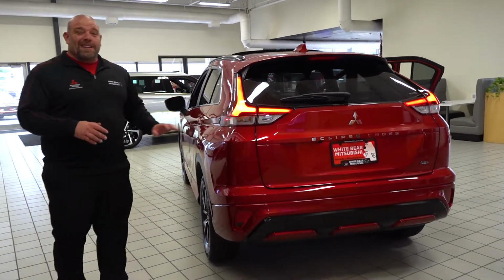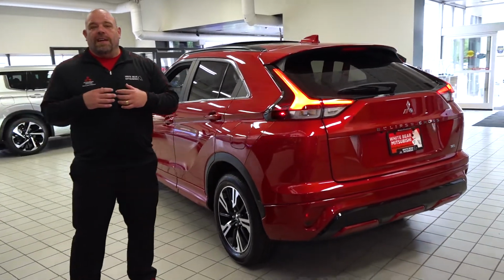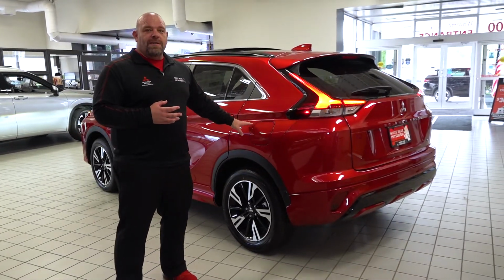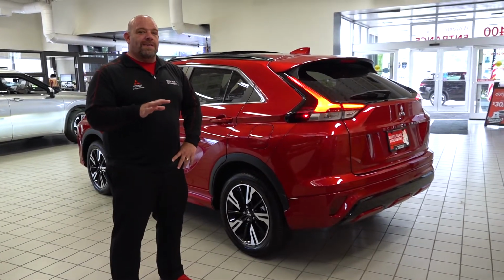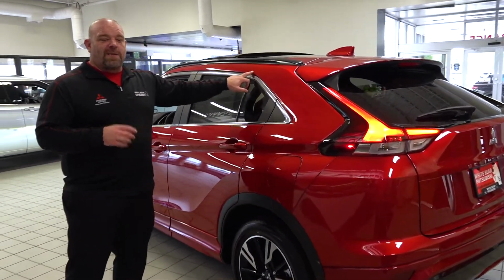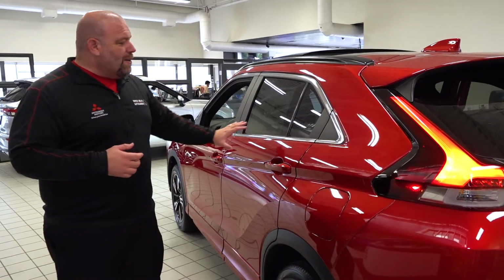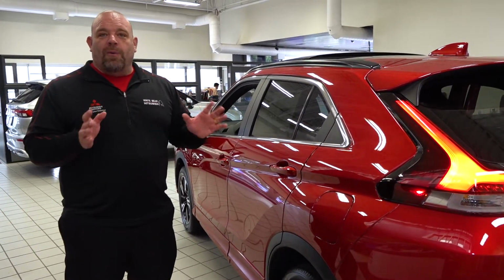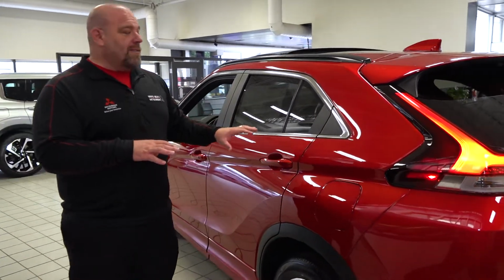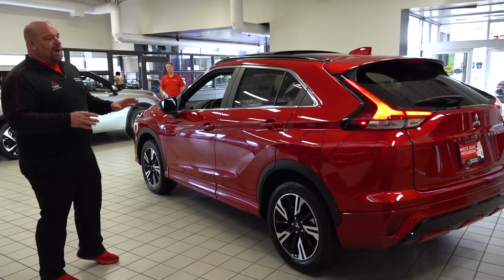Now this color is called Red Diamond, right? Now, if you see cars like Lexus, Lexus has a similar color to this. Mitsubishi takes a 5-coat paint process for this. It's like this iridescent red, and when the light hits it and when the sun is shining on it, you get just this iridescent red glow. Like back in the 90s when Pearl White came out, this is like that, but just for red cars. This is a stunning appearance on this car,